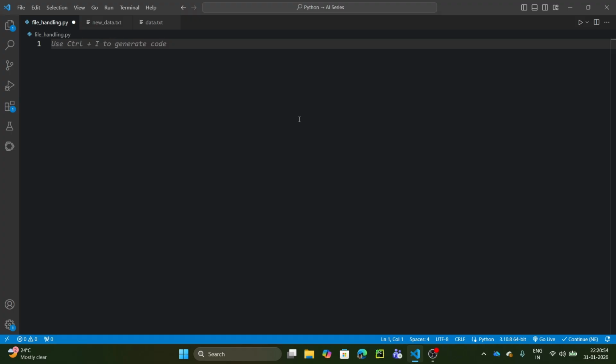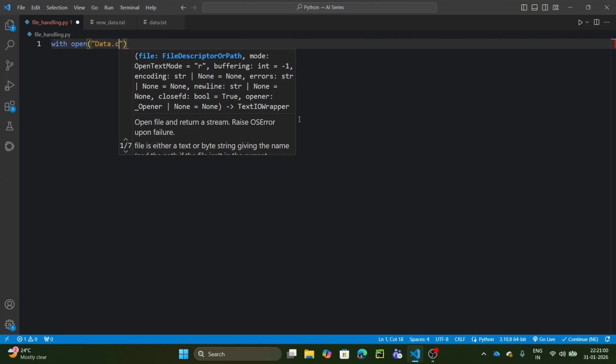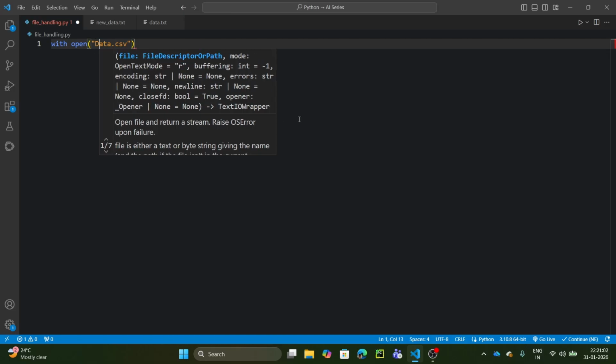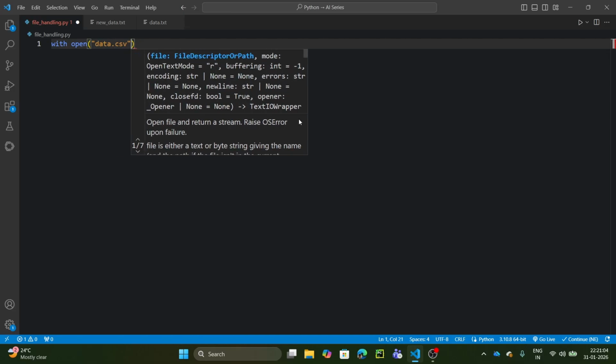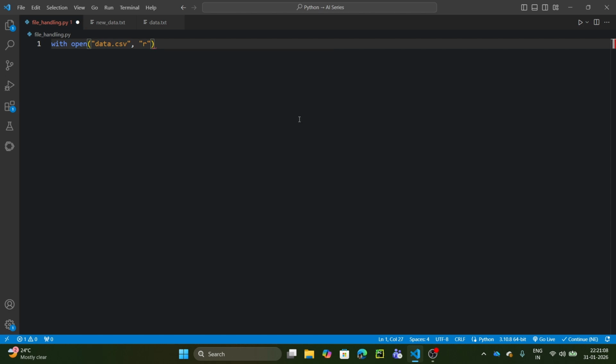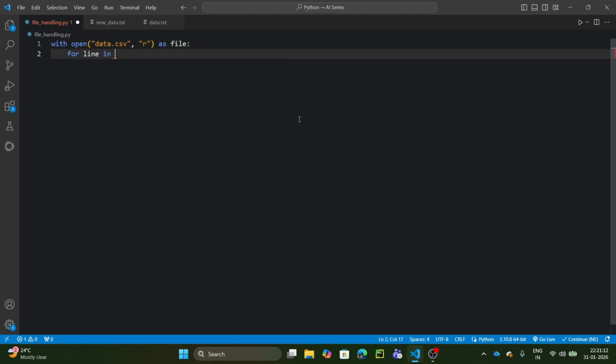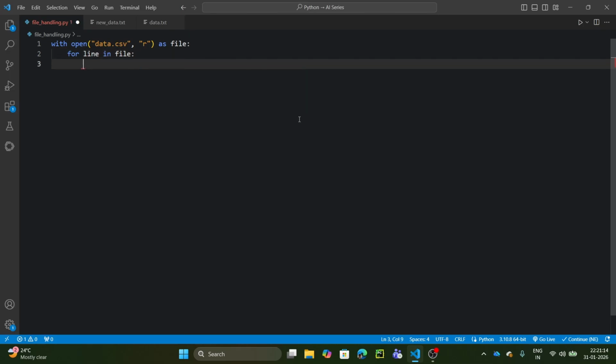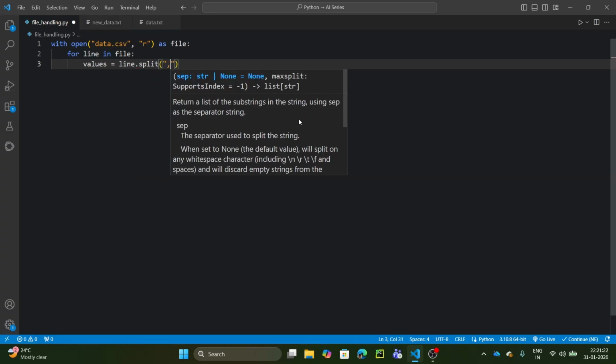For example: with open('data.csv') as file, for line in file, values = line.split(','